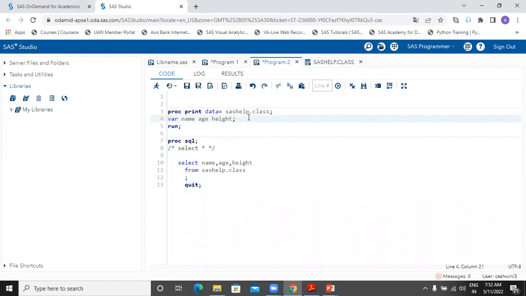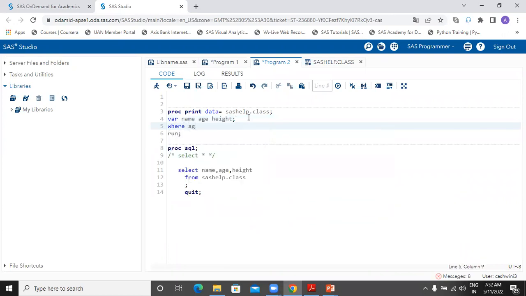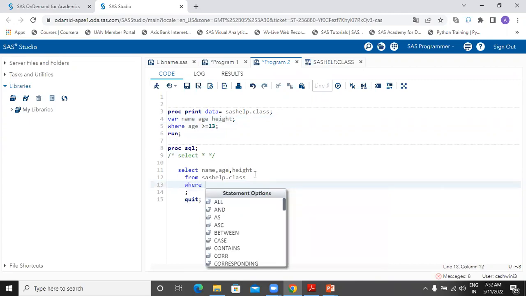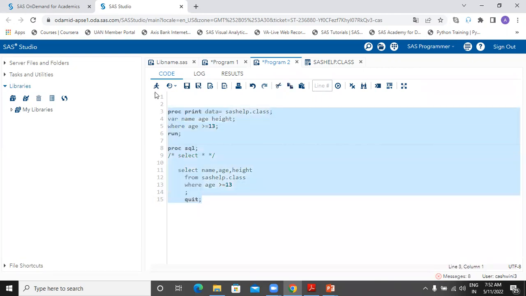So next clause: if you want to select specific rows, in proc print, we use the where statement to select, suppose age is greater than or equal to 13, correct? Same thing in your SQL also, you can subset the query result by using your where clause. So you can write where age is greater than or equal to 13. It's not ending here with a semicolon because it's a part of select, hence it ends there itself. So now when I execute this,